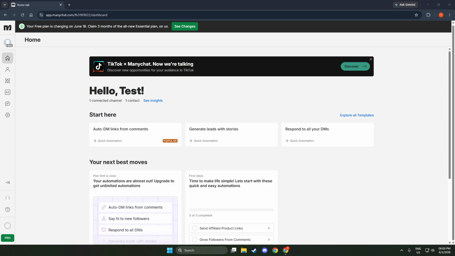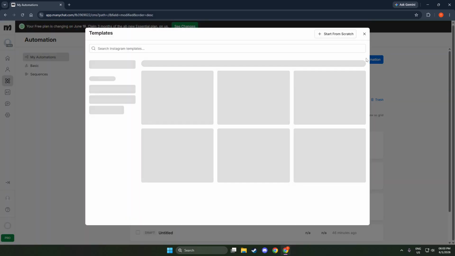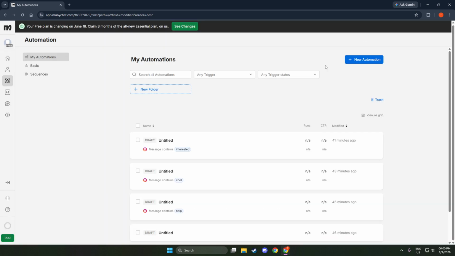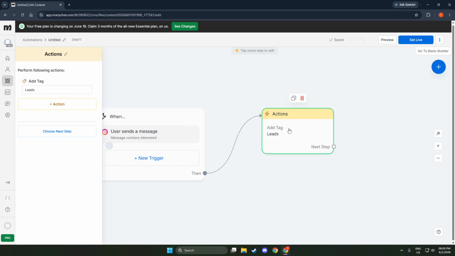Start by heading to Automation, then open Flows. This is the area where all your conversational experiences live, and it's where you control what messages get sent and when. Find the flow where you want to add personalization and open it. If you have multiple flows, choose the one that contains the message you want to improve with a first name greeting.